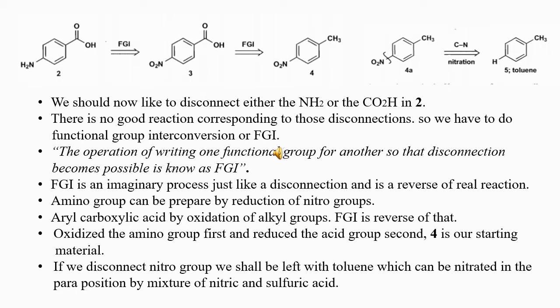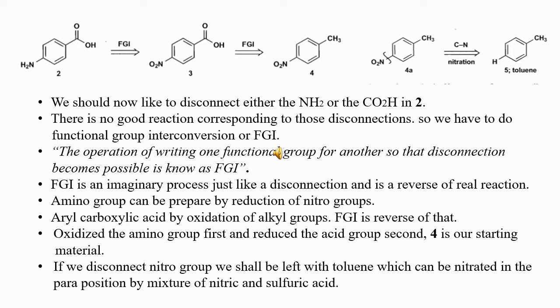The reactant which will have one of these groups and the other group detached cannot give compound 2; compound 2 cannot be produced by any good reaction from those reactants which are obtained by disconnection of one of these 2 groups. So another strategy we shall use